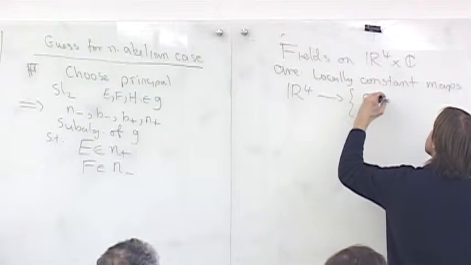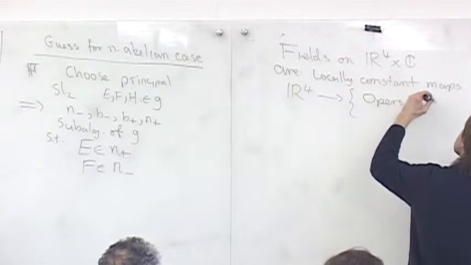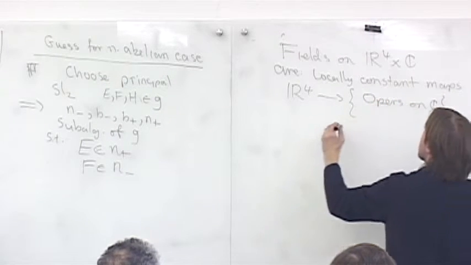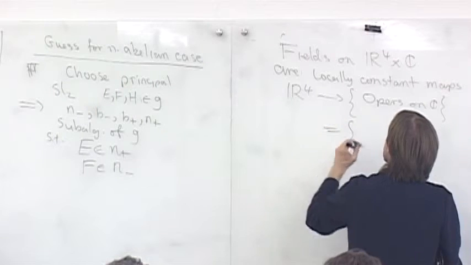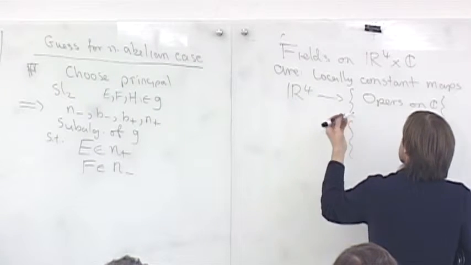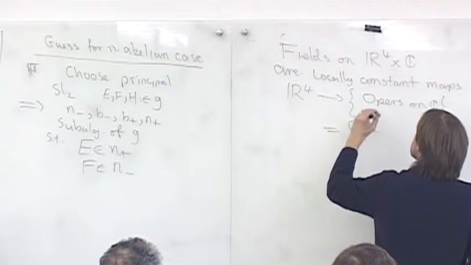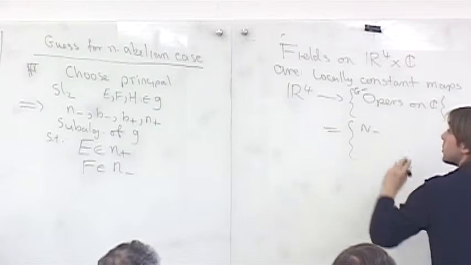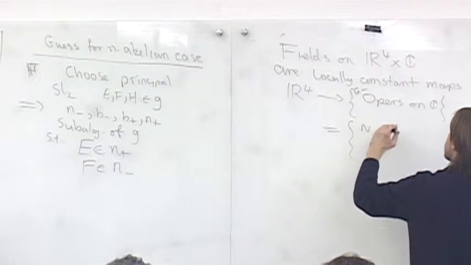Opers on C is the same as G-opers, with this choice of principal SL2 and n-minus bundles,